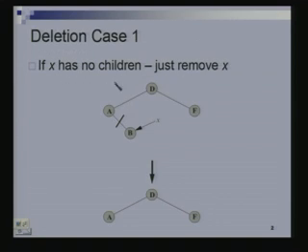So, when x has no children, then deletion is trivial. Why is that? So, this is the node x, yeah, it does not have any children. So, it is a leaf and I need to delete this node. So, what should I do? I should just cut this link, which means that for the parent of x, we will have to change either the left child or the right child of this parent. So, in this case b was the right child of the parent. So, we will have to set the right child of a to null now.